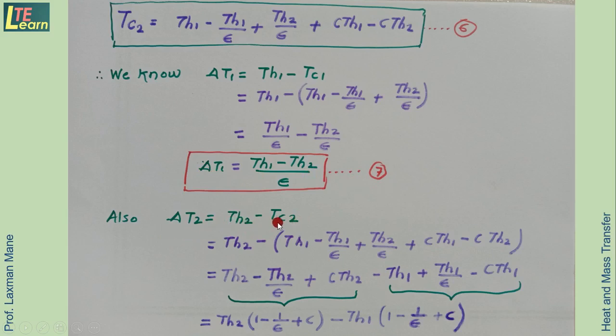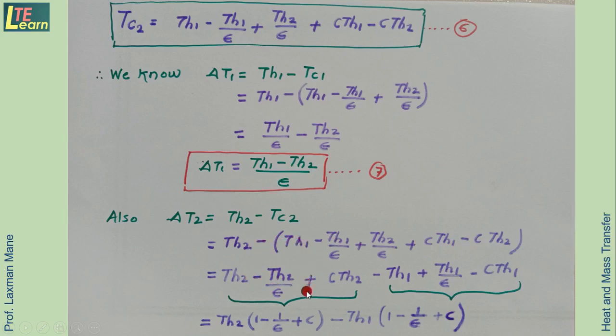So TH2 minus TC2. Now for TC2 we have this expression, equation number 6. So write all these terms, the right side terms, inside this bracket. Now solving this bracket means changing all the signs inside, because here is a minus sign. So here